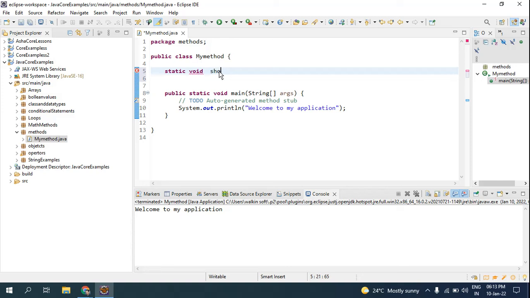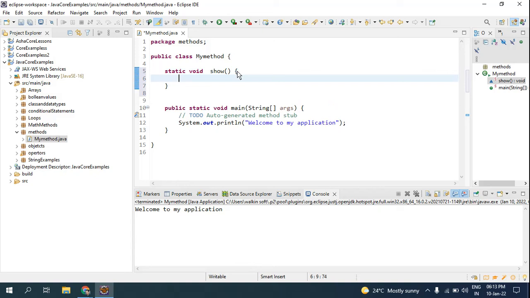This is a variable name. You can give whatever name you want. After this, you will have parentheses. The round brackets are called parentheses. Inside them, whatever you write is read as arguments or parameters. Then you have a set of flower brackets, which are curly braces. Whatever you write inside them gets invoked here.